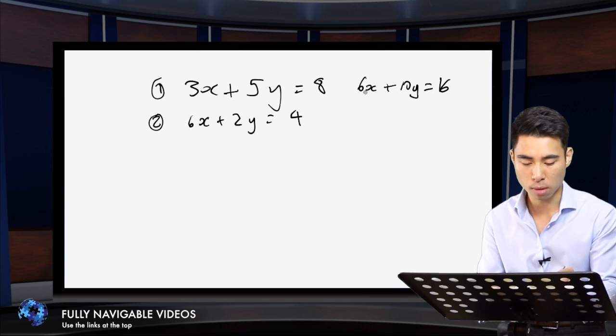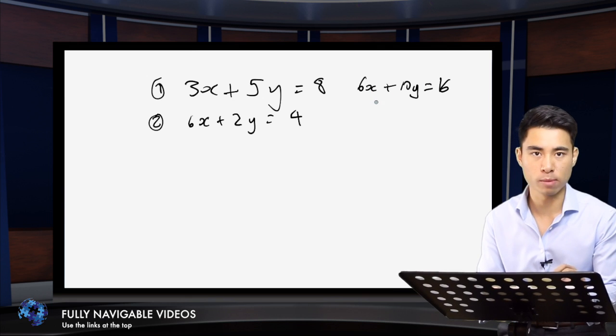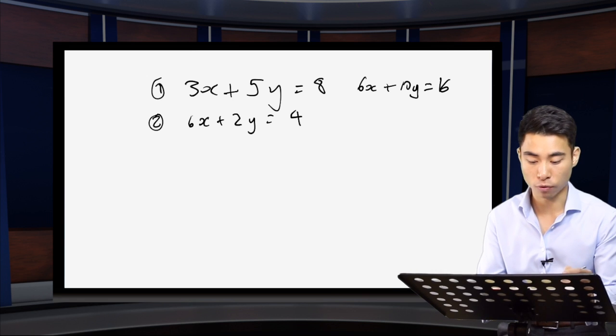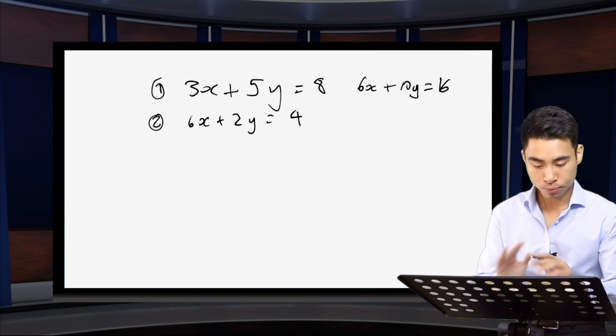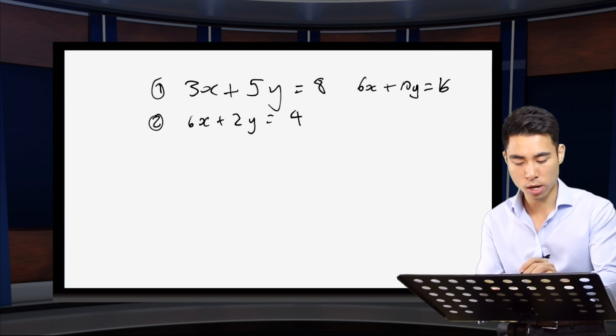And now my coefficients match up. I've got 6x, 6x here. I can simply subtract this equation away from this equation, and that will leave me with an equation in y. Essentially, I would have eliminated my x variable, and then you can solve it that way. We're not going to do that. We're going to solve our simultaneous equations by